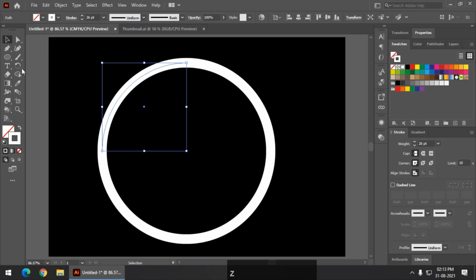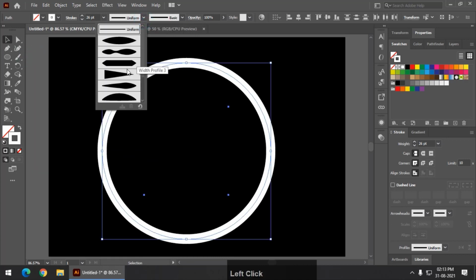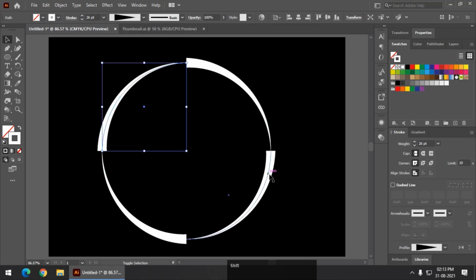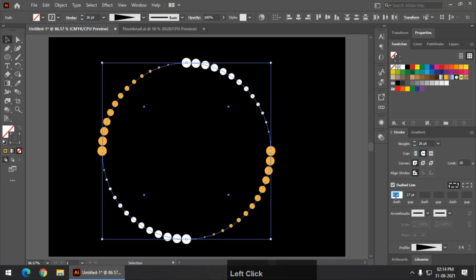So I'm going to press undo. Now I'm going to select them all and I'm going to choose this particular style over here, so it will look something like this. And I'm again going to select two of the shapes and apply some different color like this. Again, select all the shapes and from the stroke panel select this particular option, round cap, and from dash lines keep dash to 0 and gap to around 26-27, so it was already 27, so enter.